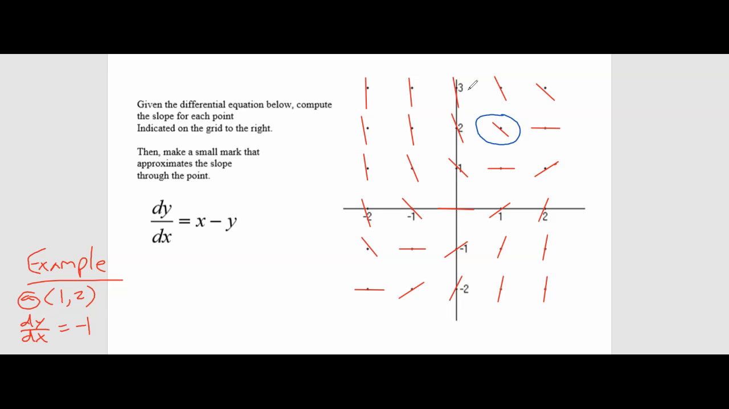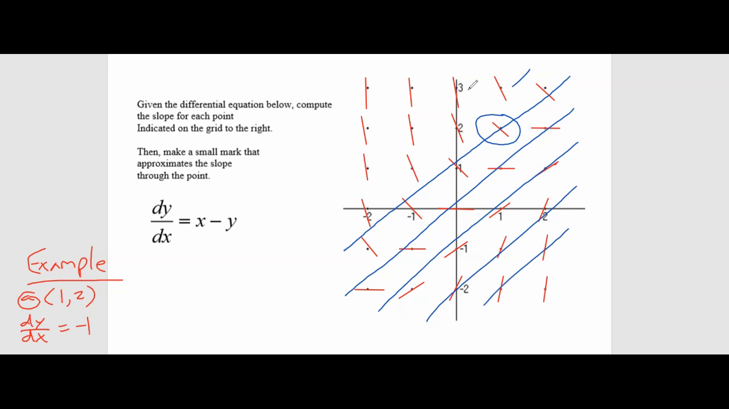You probably noticed some patterns here. On the diagonals, going from left to right, the slopes were all the same, right? So if I look at all of these, they were the same slope, all of these the same slope, same slope, same slope, etc. So if you picked up on that pattern,